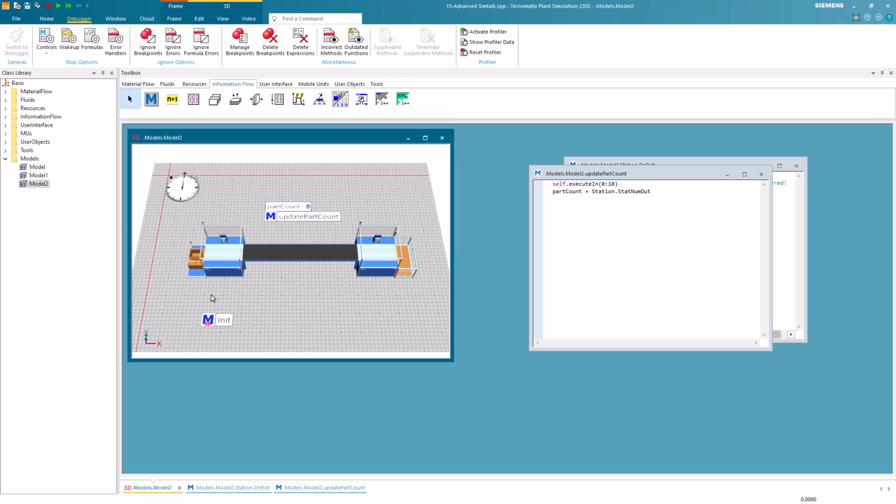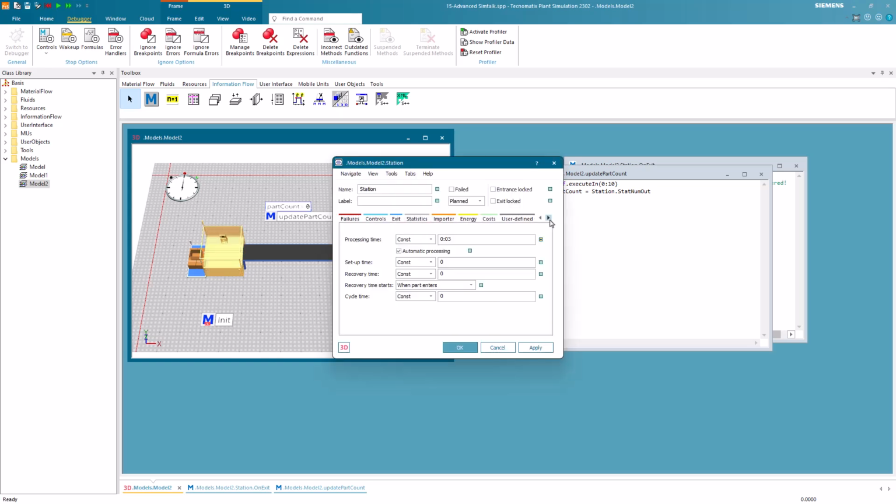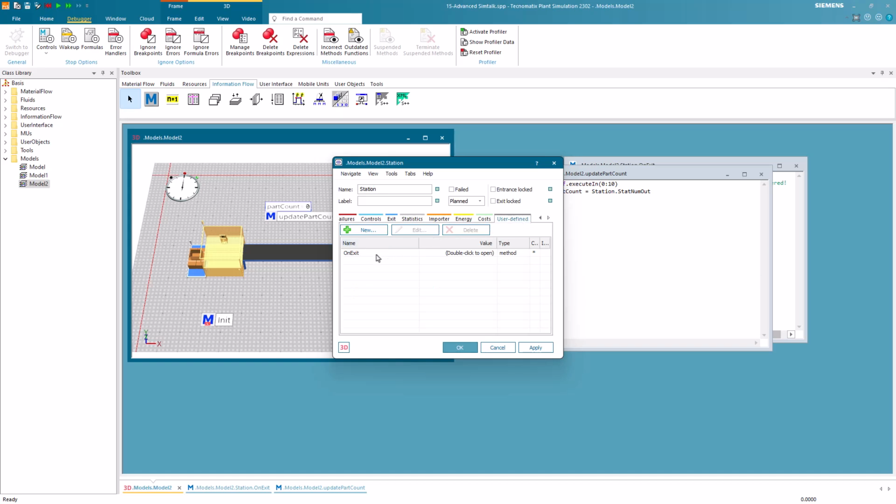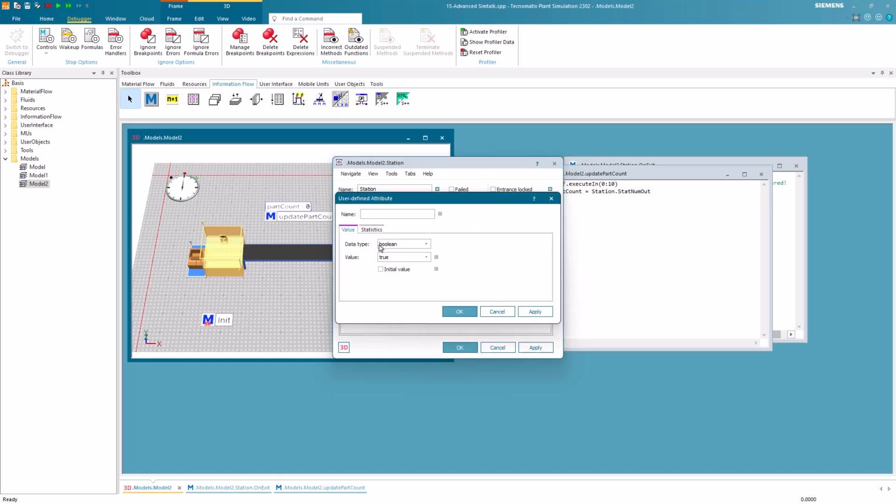You can either assign an init method as a user-defined attribute to an object or create a method object and call it init. To create a user-defined init method, you could simply open the dialog of the station, switch to the User-Defined Attributes tab, and create a new user-defined method. However, keep in mind that you need to call it init.